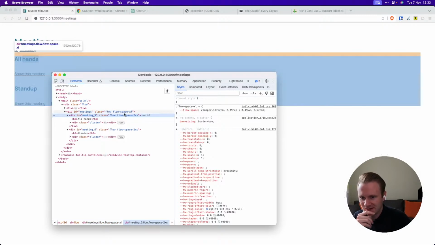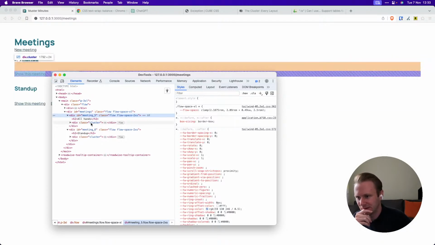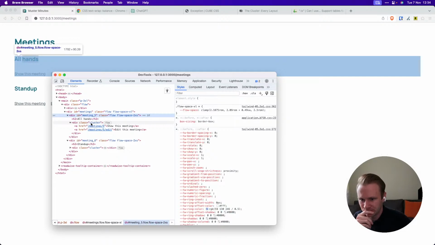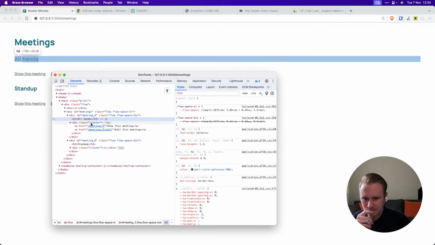Yeah, because it's now adding XL to all of these. And actually it's kind of... And then this cluster here to XS. But here's a problem, because actually XL is trumping on the